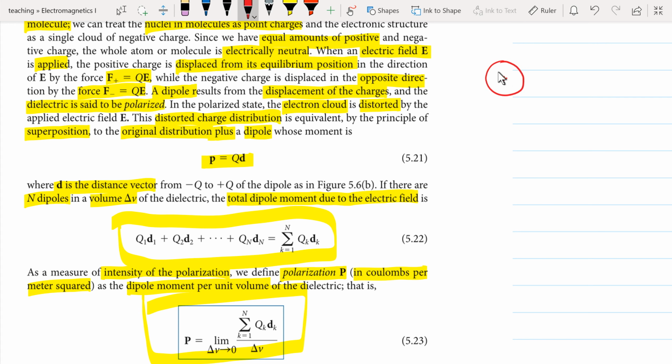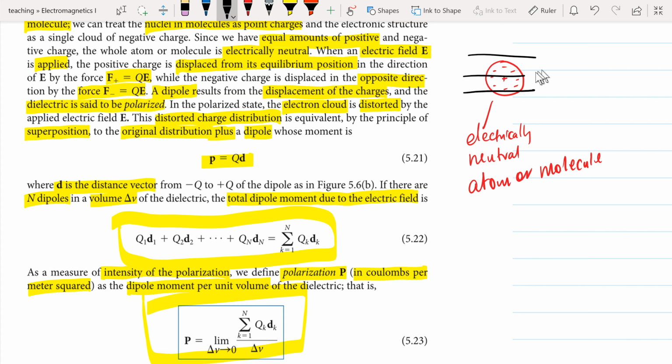This is an electrically neutral atom or molecule. If you apply some field pointed in the direction of the arrow, then this will result in a charge distribution that will take a shape